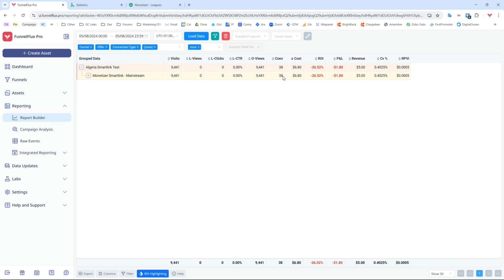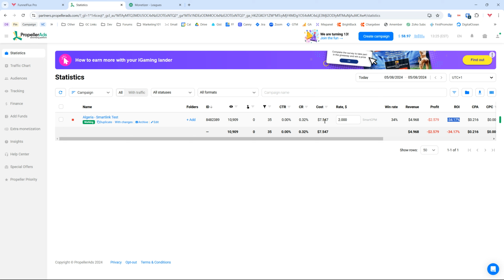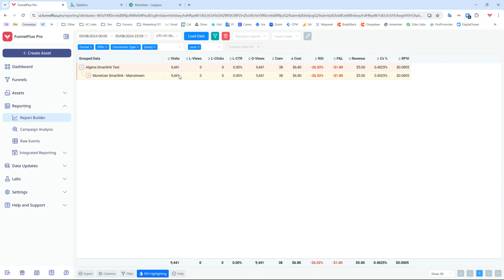Here we have $6.80. Here we have $7.50. Here we have 10,900 visits. Here we have 9,400. So our click loss has actually been improving as we went from 3G and 4G to just Wi-Fi. That basically indicates that the connectivity of the users is having quite a big impact on any click